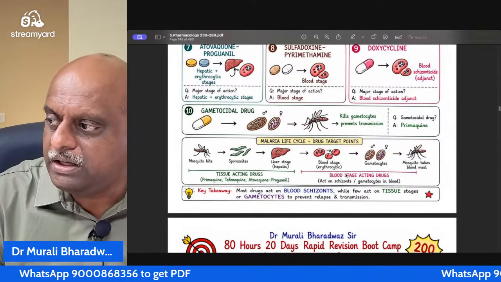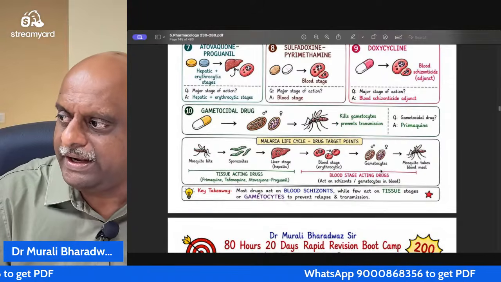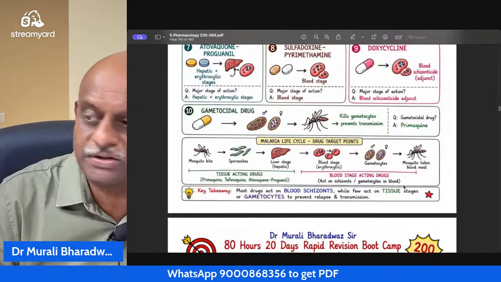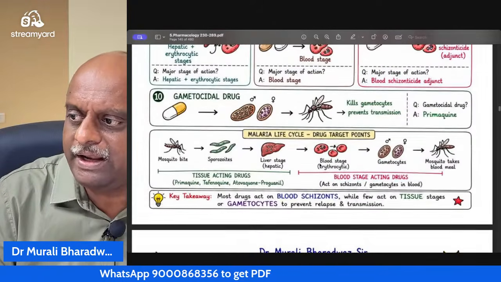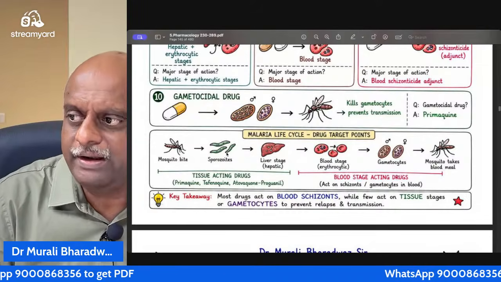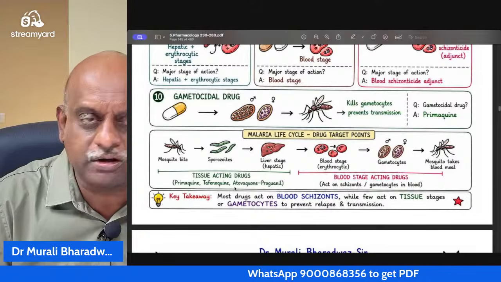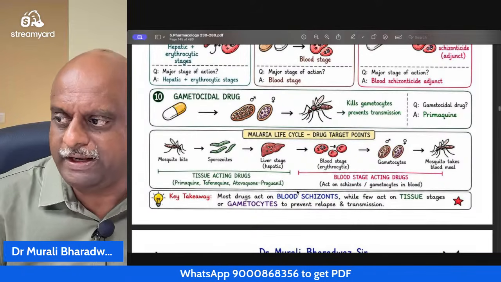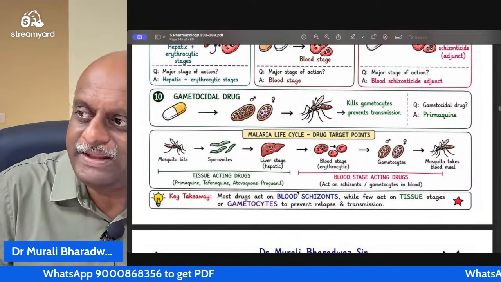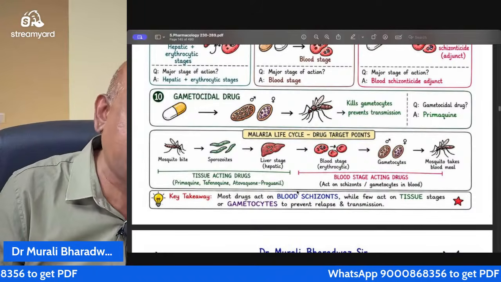So all the blood stage acting drugs act on the erythrocytic and gametocytic forms, that is schizonts and gametocytes. Whereas tissue acting drugs act on sporozoites and the liver stage. They include primaquine, tafenoquine, atovaquone, and proguanil. This is the whole story, the secret. The person who cracked this code has finished malaria drugs. Remaining is all